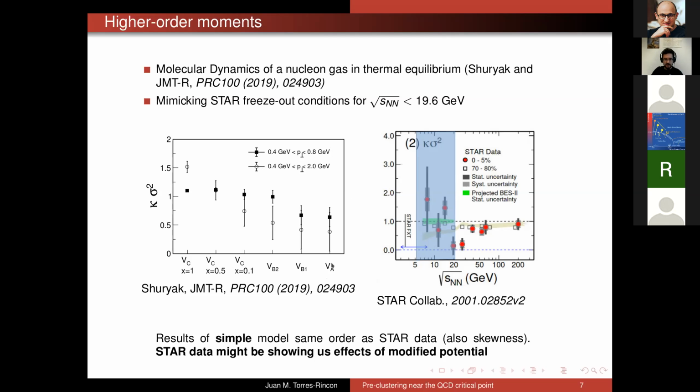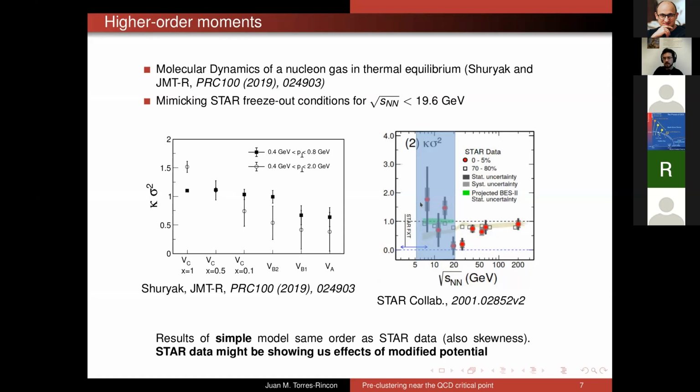I do not dare to compare with experimental data because the model is a simple model. In fact, I gave this point as a function of the potential. So you have to read this plot from the right to the left. The idea is that you are approaching the critical point when you go from right to left. So you have this increase of the kurtosis, which could be a factor of 3 in this range. And if you just look at the numbers, you obtain similar numbers as in experiment.